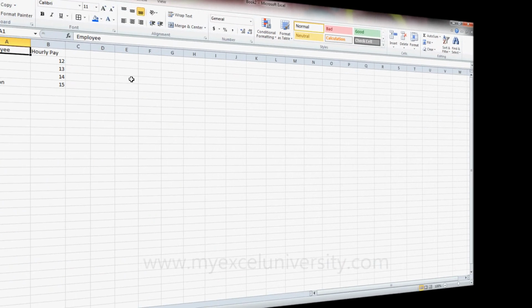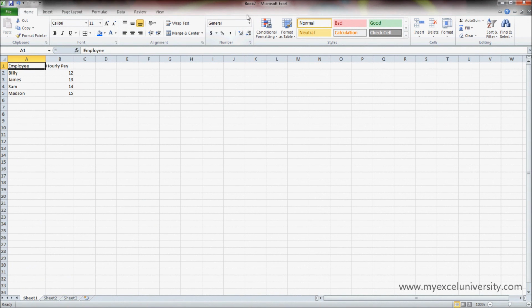So what we're going to cover in this video is this number section up here on the Home tab in the main ribbon of Excel. Really what this is going to let us do is change the formatting of the specific numbers. So if I want to use dollars or percentage or decimals or whatever it is, this is a really quick way to do that so you don't actually have to manually change it yourself,